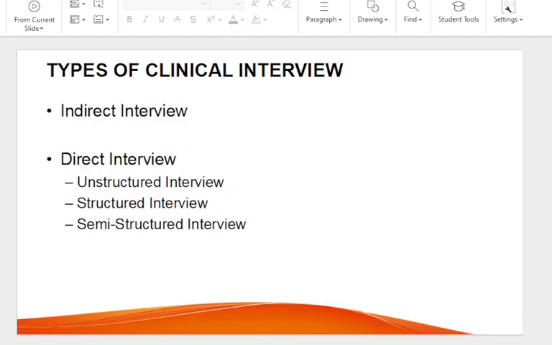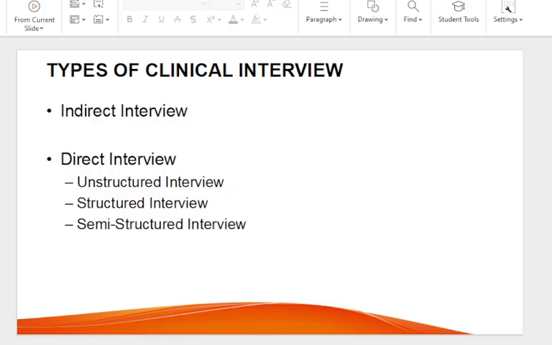And then we have the Structured Clinical Interview for DSM, the Diagnostic and Statistical Manual. These instruments help us to clearly state the goals of the interview